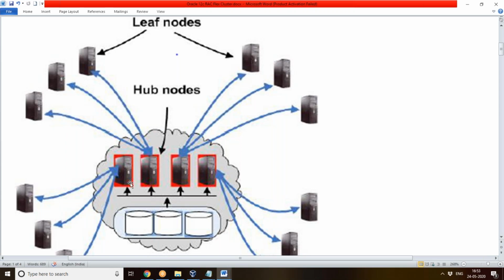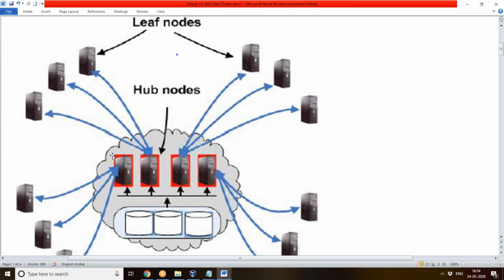Instead of the hub node being very much overloaded, we are offloading it by running other applications. Now, instead of connecting with the shared storage through only 4 nodes, I am able to connect with 4 plus 12, 16 nodes. So now your performance is also improved, right?